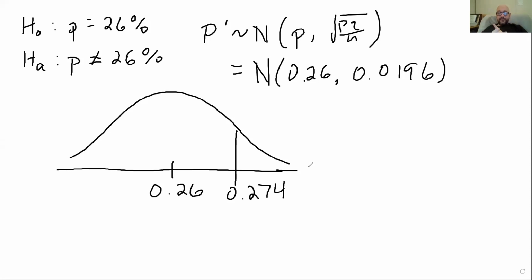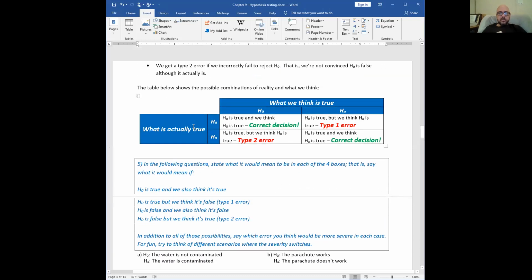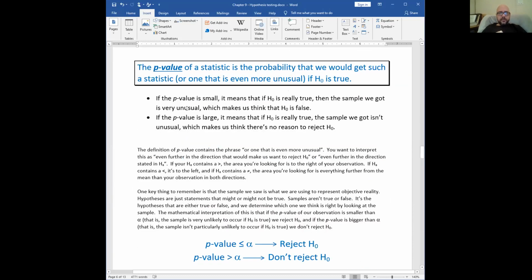Here's where this gets a little bit different. Our alternative hypothesis is not equal to. It does not tell us to shade to the right or to the left. Here's what we want to think about. We go back to the definition of a p-value real quick. Okay, it's the probability that we would get such a statistic, or one that's even more unusual, if the null hypothesis is true. Even more unusual in this case means farther away from the mean,